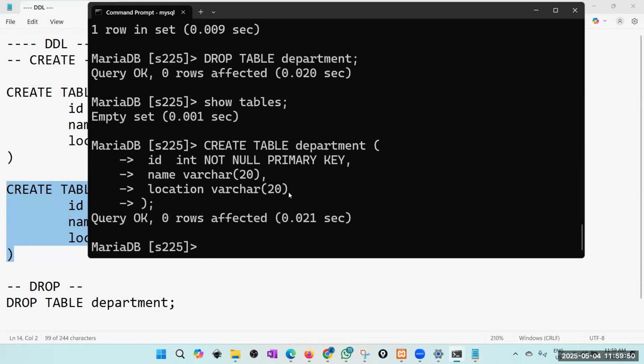Semicolon. Right. So now I have created the table. Again, if I type show tables,